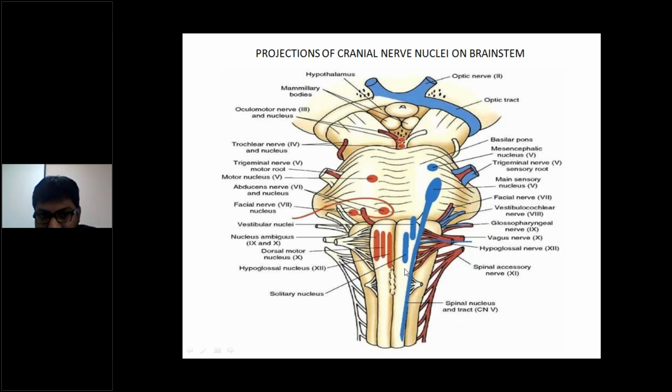This is nucleus tractus solitarius. This is for what? Taste. NTS for taste. Okay, this is hypoglossal. This is nucleus ambiguus, formed with cranial nerves 9 and 10. This part is very, very important. Why? Because they will give you this image and they will ask which of the following is true about the lateral medullary syndrome, which of the following is true about the medial medullary syndrome.